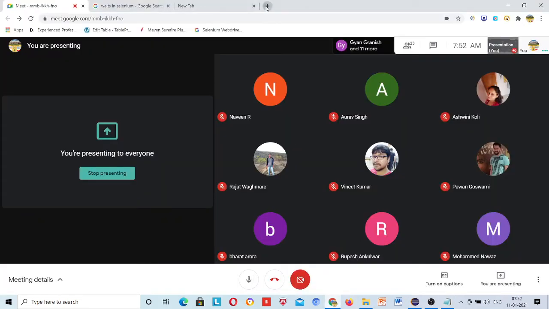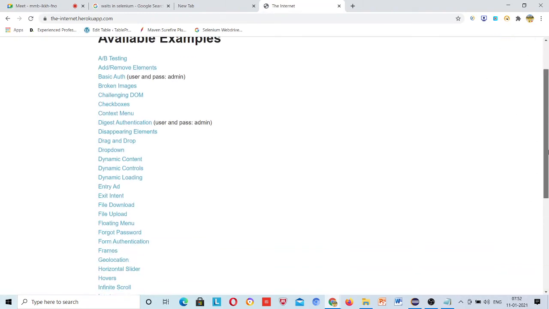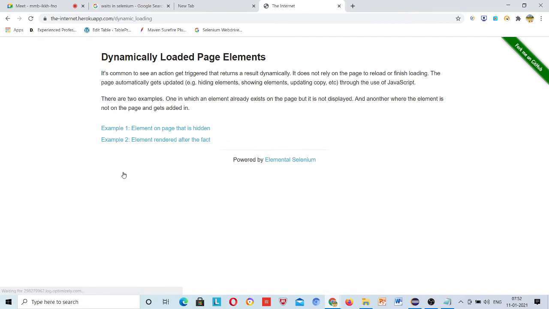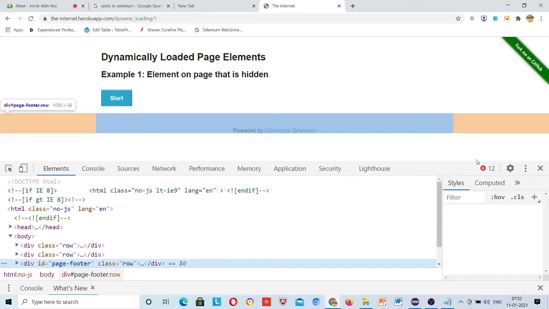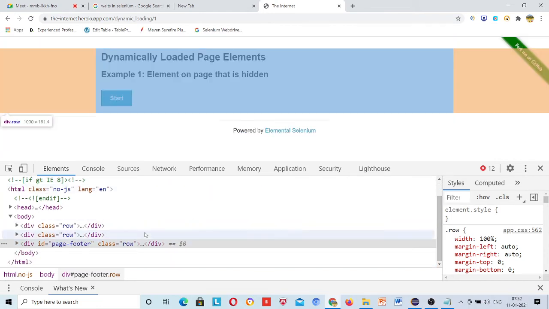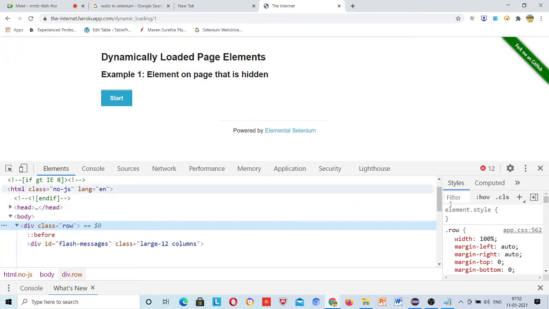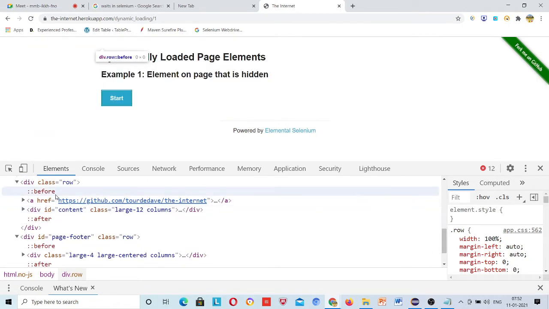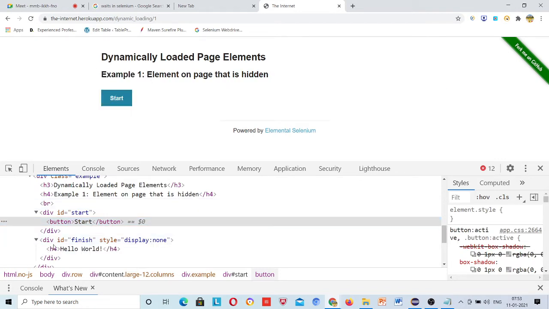See, I will inspect here. Let me first inspect it, after that, see, hello world.